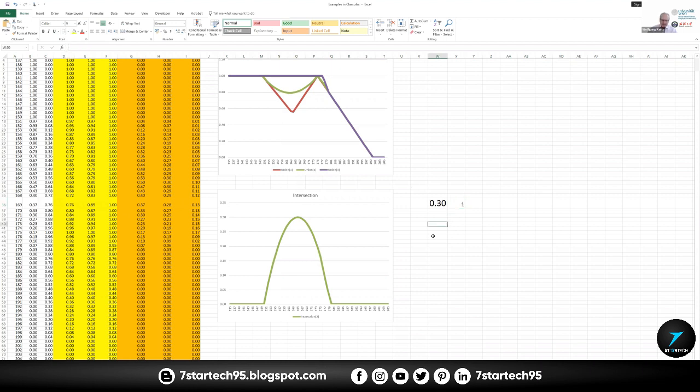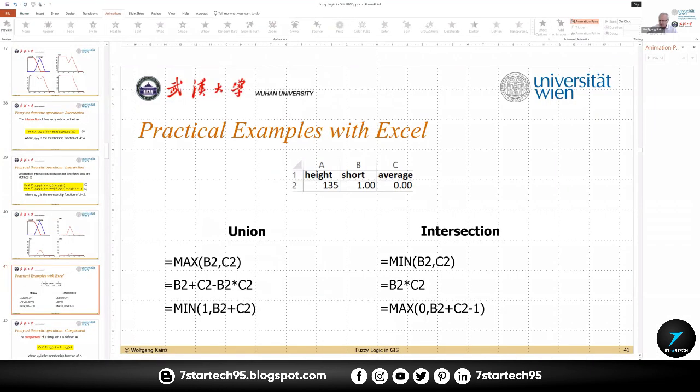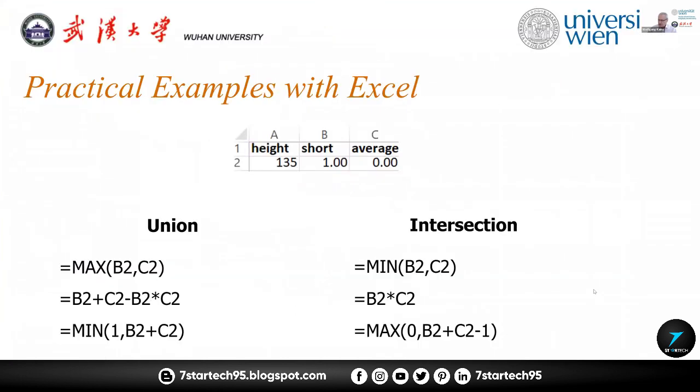Anyway, this is just a brief explanation of how to compute the height using Excel. That's very easy, just take the maximum value of the membership values of a fuzzy set. Now, since we know how to compute intersections and unions of fuzzy sets, let's move on to the next